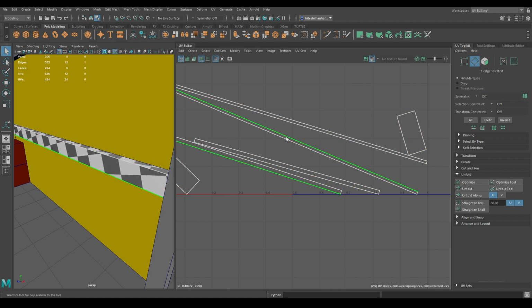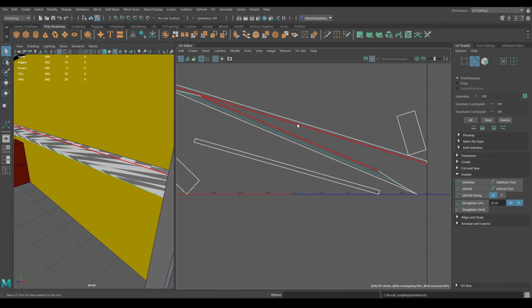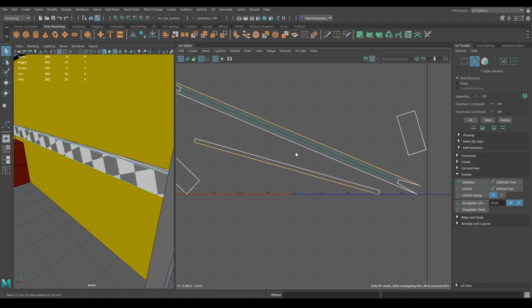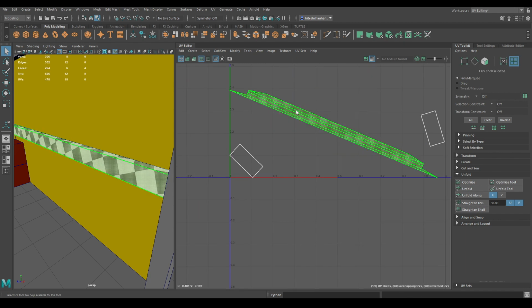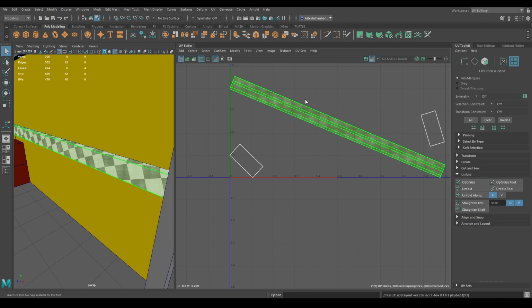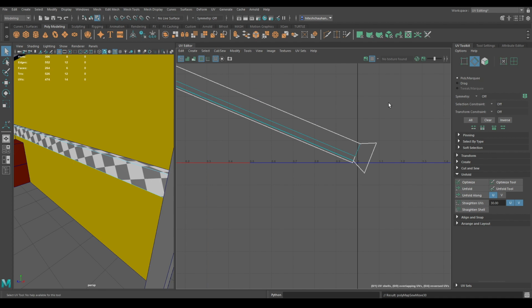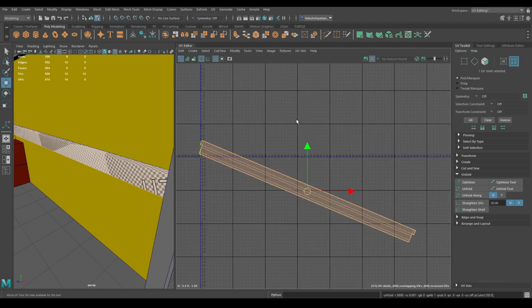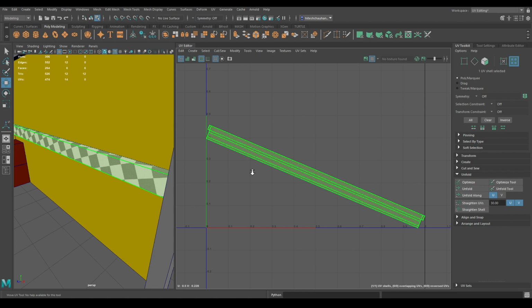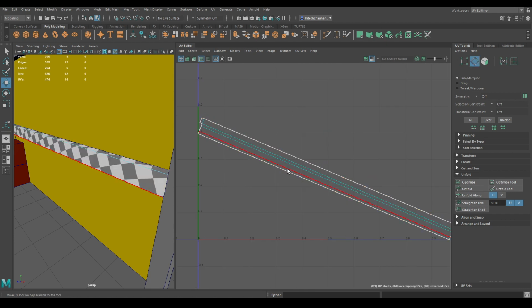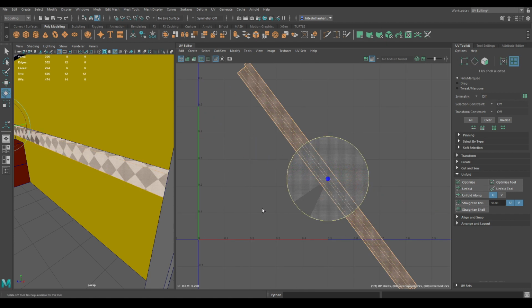Now go to edge mode, select the edge, move and sew. Again unfold. Now rotate it.